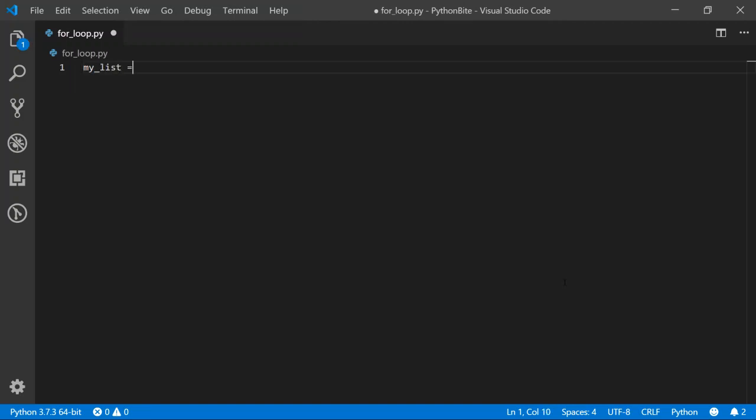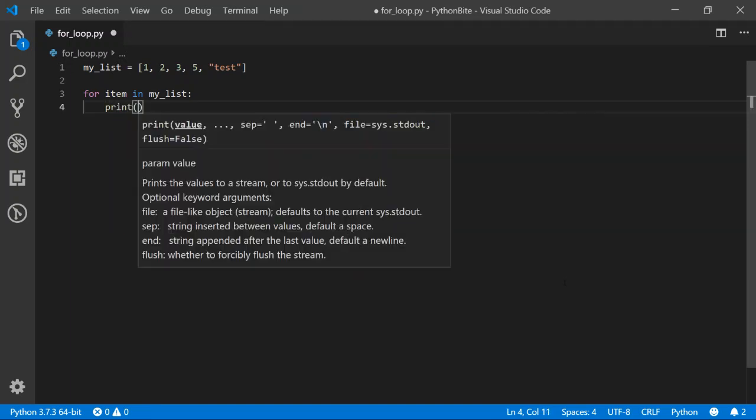First I'm creating a list with a few elements inside, which we will use. And now let's cycle through this list and print out all the elements. To do that, I'm using for item in my list. What it will do is cycle through my list and assign each of the elements into item. And now I'm using the print